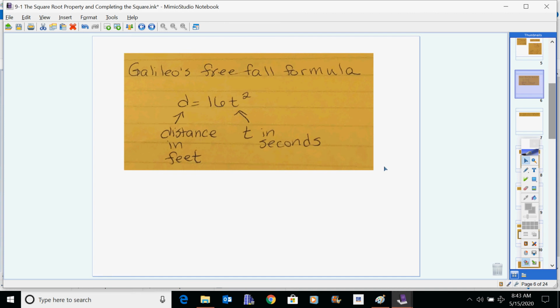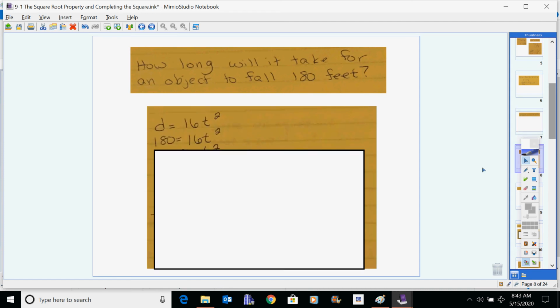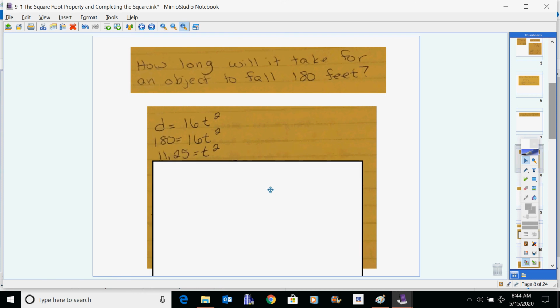This, if it was needed, it would be given to you, but we want to think through what makes sense in such a problem. So d equals 16t squared, where t is the time and d is the distance, just two variables, so it's a nice little formula. So what we want to ask is a question related to that. How long will it take for an object to fall 180 feet? So we can use Galileo's free fall formula for that and plug 180 in where it says distance. Distance is how far. So when we divide both sides by 16, we get